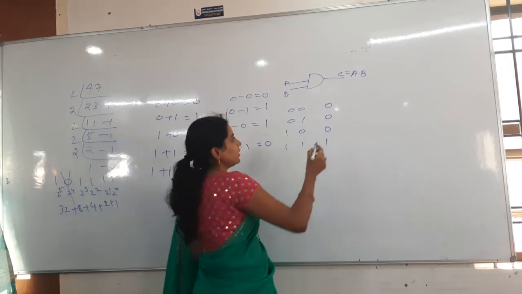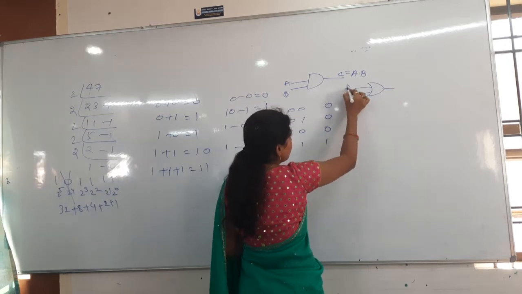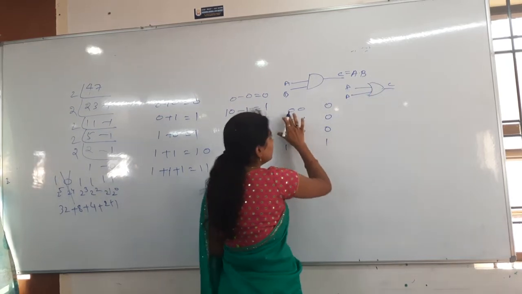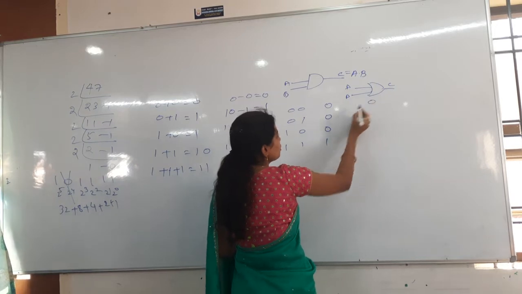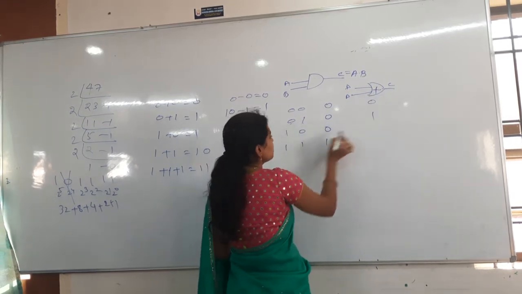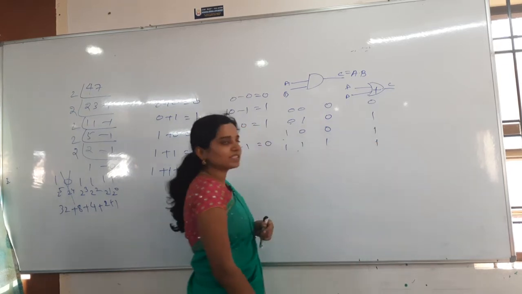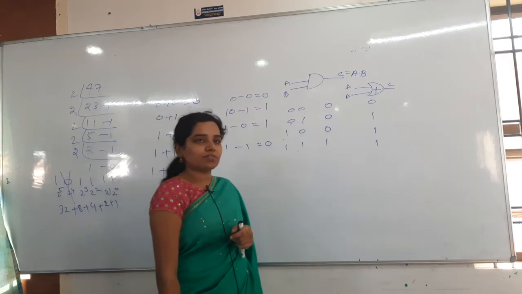Next is the OR gate. For the OR gate you will get the symbol like an arrow, that is A, B, C here. 0, 0 is how much here? 0 for the OR gate. Which operation here, by the way? Plus. 0 plus 1 is 1, 1 plus 0 is 1, 1 plus 1 is 1, we will get maximum 1 only. That is about the OR gate we have discussed.